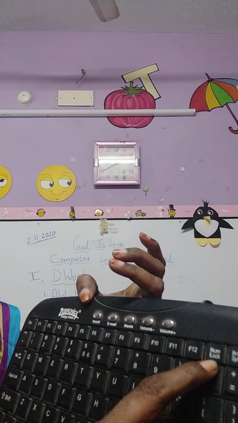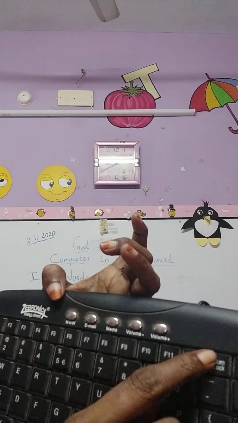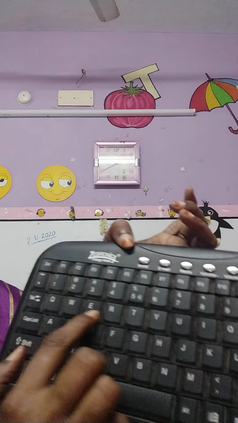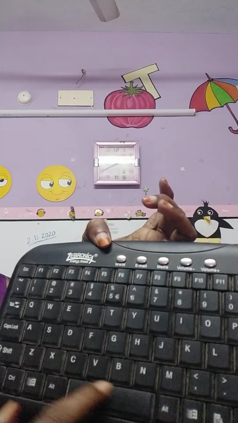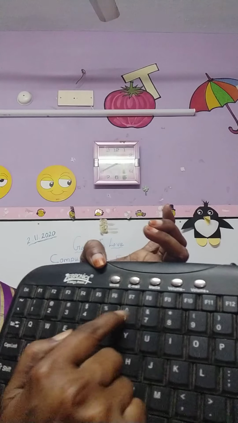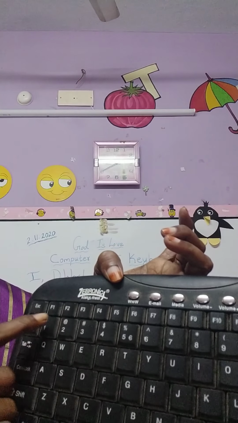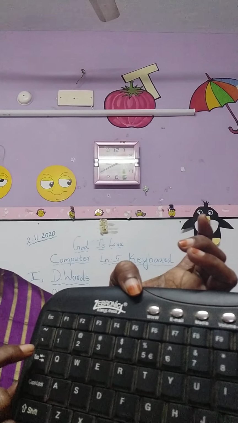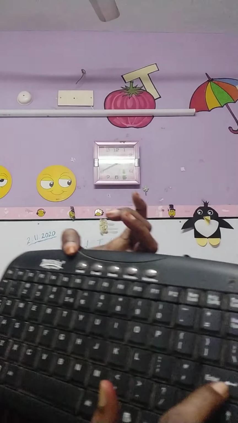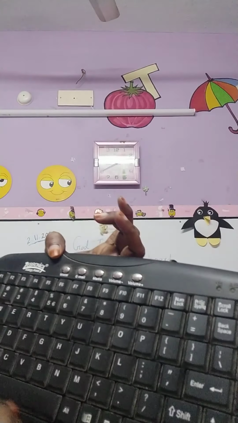And this is, what is that? Number lock. Okay, and this is the alphabet key. See, ABCDs are there. This is used to type your name. And above, see, number keys are there. These are used to type the numbers, addition, subtraction, and type your age. All the things you can use it here. And this is the enter key. This is used to go to the next line.